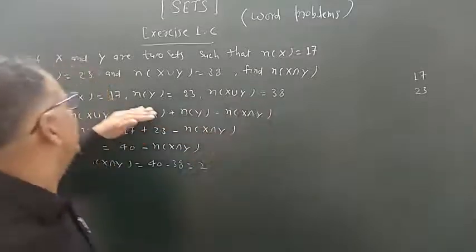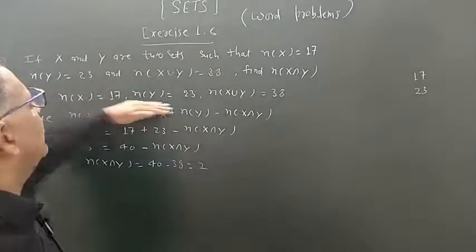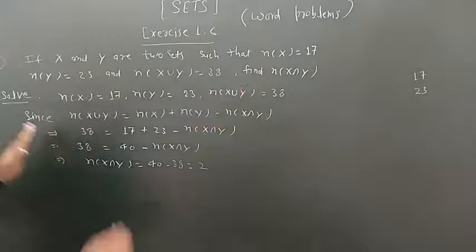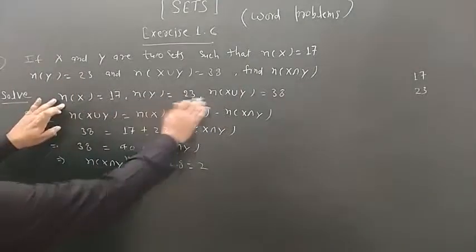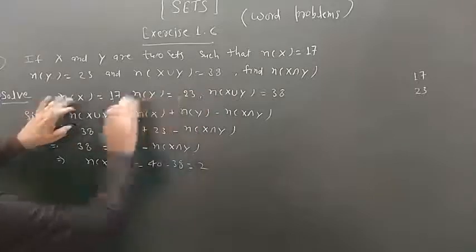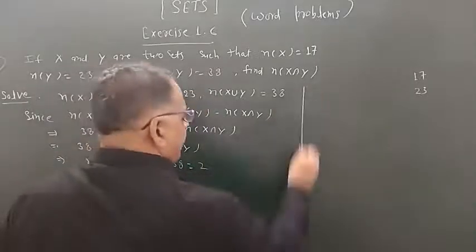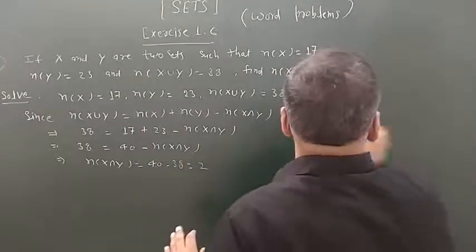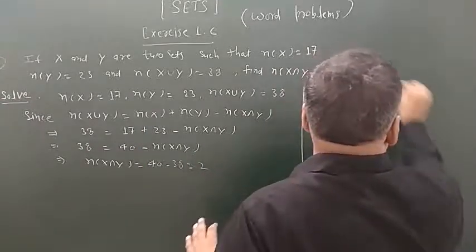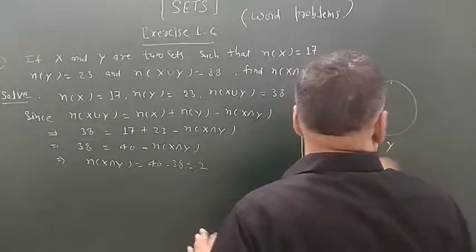So this is the way the total becomes more than the union here. This is the difference between n(X union Y) and the total of n(X) and n(Y). Now, if we want to solve this question using the Venn diagram method, take two sets X and Y according to the question.